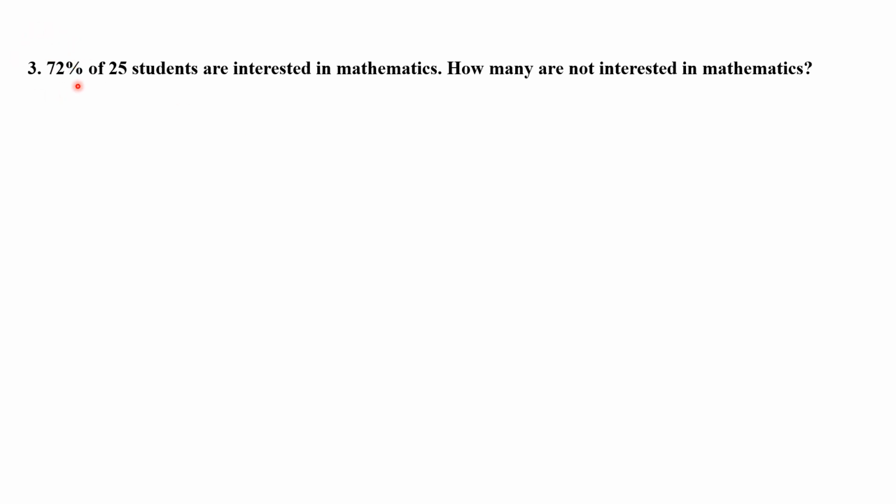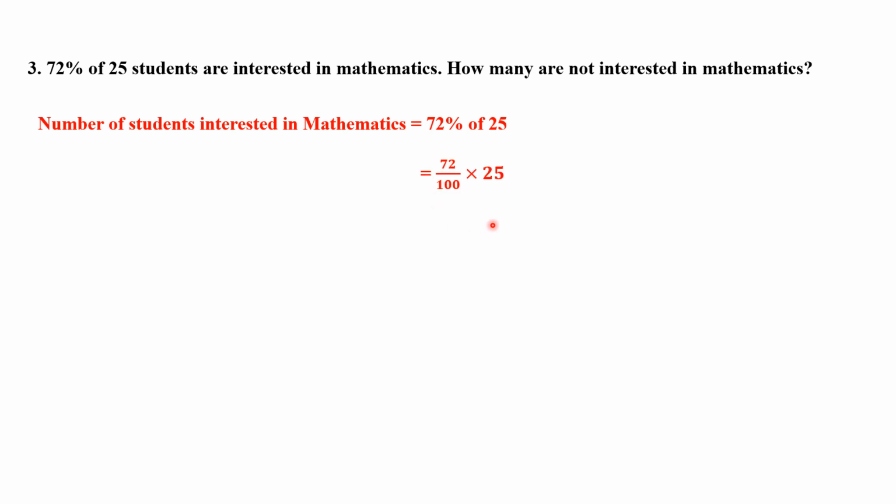So the percentage of students who are interested is given as 72% and there are 25 students. So first we will find how many students are interested, right? So the number of students who are interested will be 72% of 25. Now how can I write 72%? 72% means 72 by 100, multiplied by 25. Now I am going to reduce it. So 25 times 1 and 25 times 4, and 72 divided by 4 gives me 18. So from here you can see that out of 25 students, 18 students are interested in